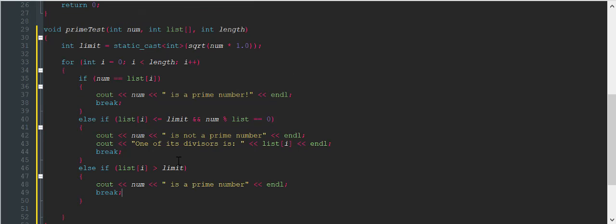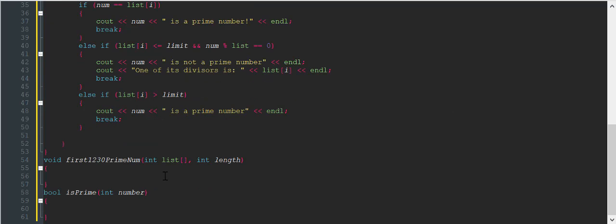So now this is a pretty self-explanatory function. I've already explained it, so I don't think it needs to be broken down any further. So without further ado, let's get to the next function, which is first